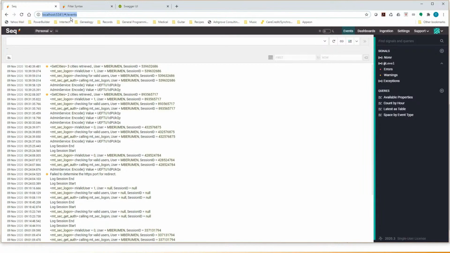It's at localhost. When you've installed it, you can install this on a server, and so you could access it over the internet, with whatever the URL or the IP address is, as long as you have access to it and the firewall's open, so to speak. Here again, it's just localhost. Seq always uses port 5341, and when you start it up, it defaults to the events page, and this is the main interface